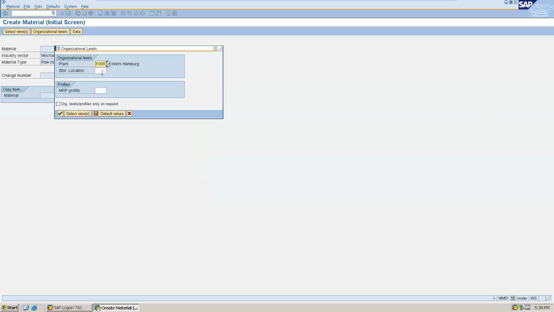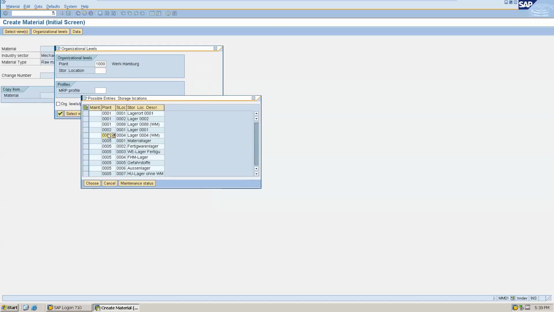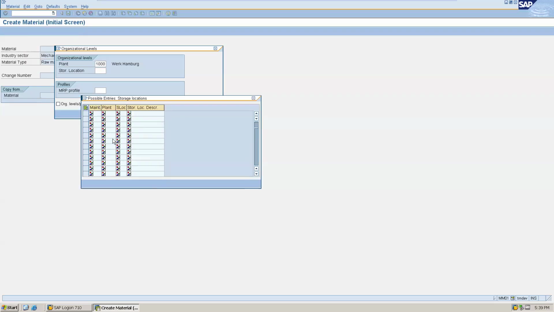And if you remember in the org structure, we said that you will have to create your material in a plant. For now, you can leave the storage location blank, or you can just go ahead and add a storage location. You can use this match code button to see all the options that you have for that particular plant. Well, not just that plant, so all the different plants with all the storage locations, right? So let's say for plant 1000,